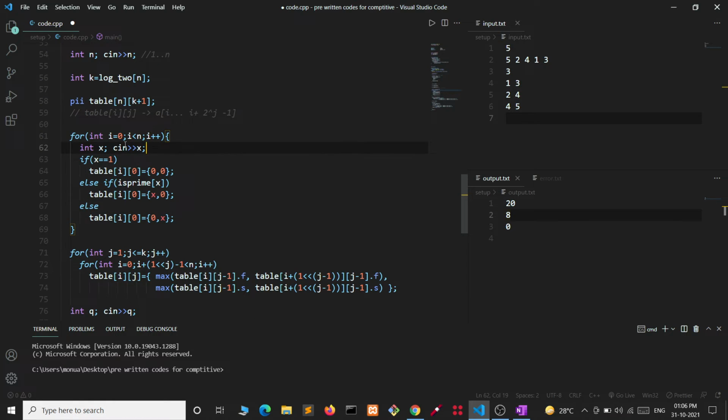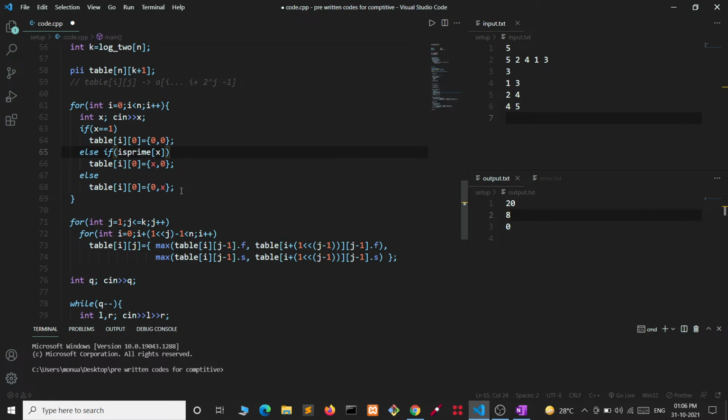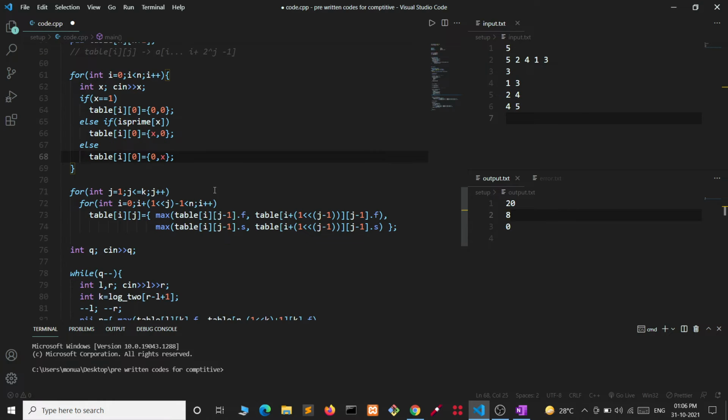In this we are iterating over all the rows. In the first column, if x equals 1, then we know it is neither prime nor composite, so we are storing 0 0. If x is prime, then we are storing x 0, and if it is composite, then we are storing 0 x.